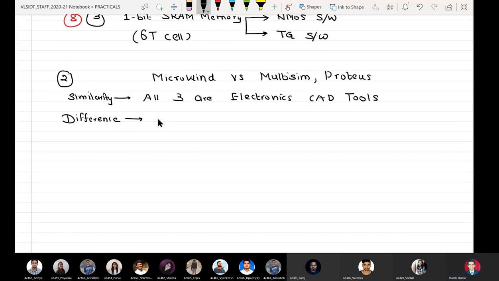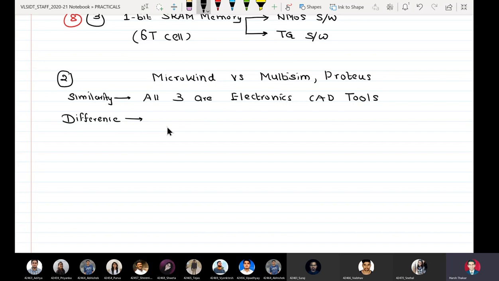The difference is that Multisim and Proteus. So all of you have used Multisim and Proteus, and whenever you open these tools, in the central portion of the GUI, you will see one dotted workspace. That dotted workspace is the place where you drag and drop different active components such as transistors and passive components such as R, L, and C, and also you put some sources. And after the circuit is connected using different components, you will connect measuring instruments such as voltmeters, ammeters, power meters, wattmeters, or even oscilloscopes.